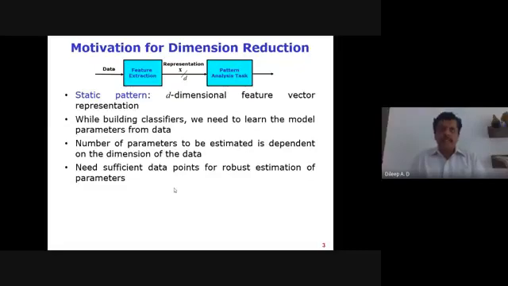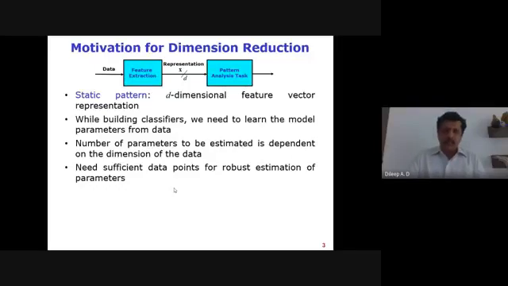In many cases, specifically in physiological systems or in the medical domain, the number of data points or images, whatever the case is, is very less. So it is very essential that we build a robust system that should perform or help in making decisions in the medical domain. In order to build a robust system, we need to estimate the parameters of the classifiers very well. But that directly depends upon the dimension of your data. If the dimensionality of the data is very large, then it's difficult to build the proper model.